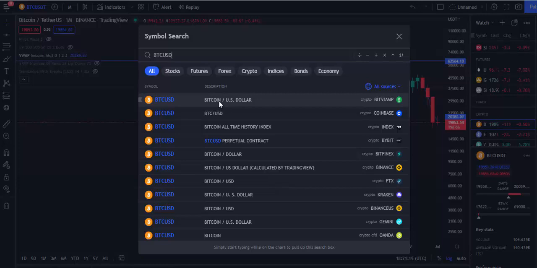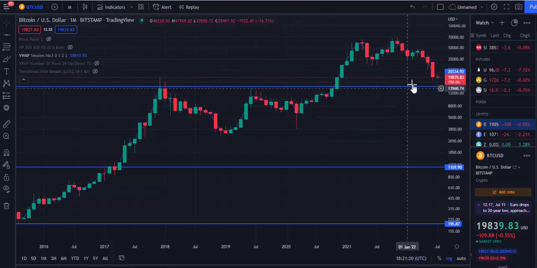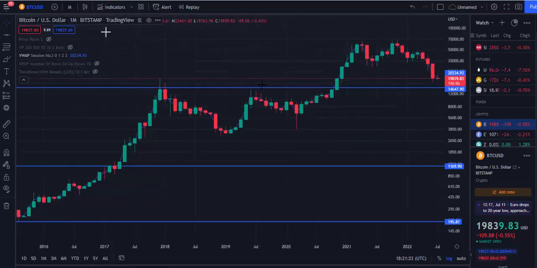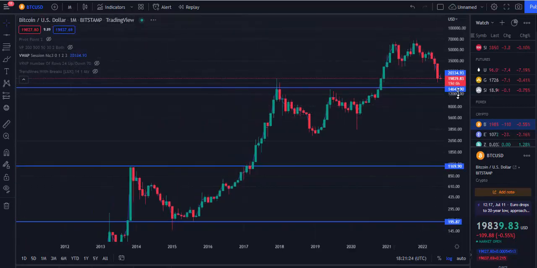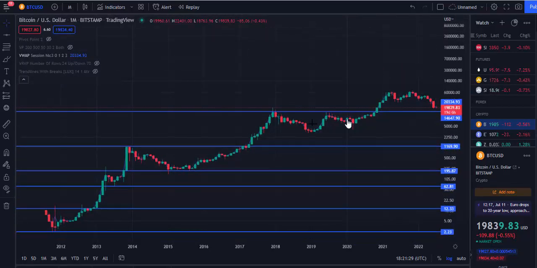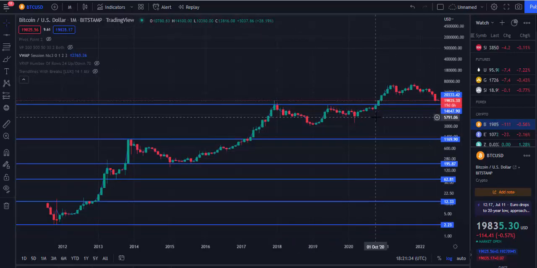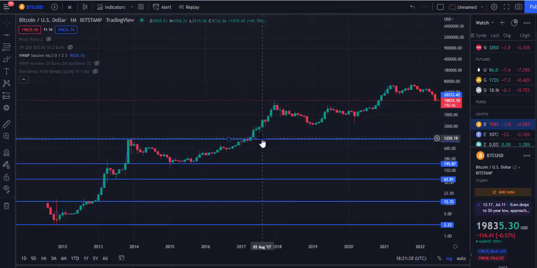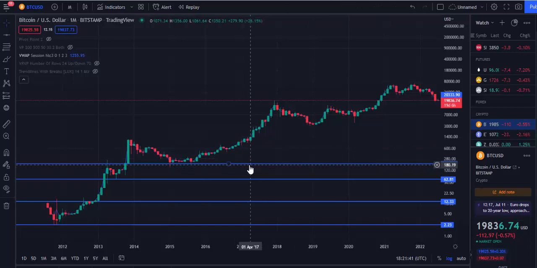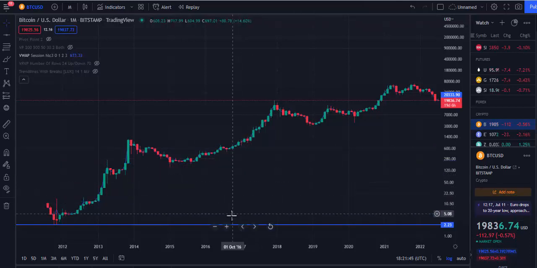Okay, we are going to be taking a look at Bitstamp to see where we're coming from. We're still using the monthly time frame. Yeah, this will enable us to see deeper. You can see on this we already drew lines. I can delete them so that we can start afresh for you to see what is going on. So we are going to take a look at it right now.